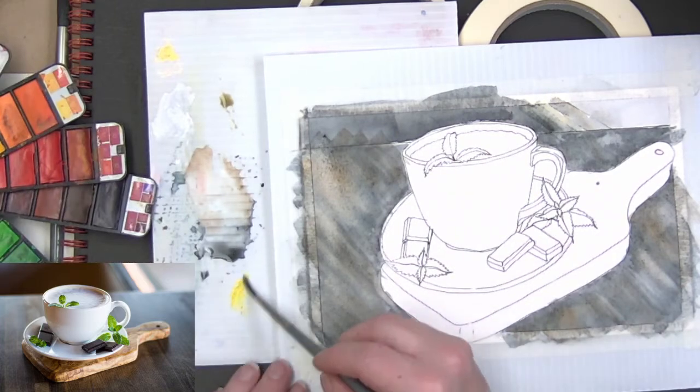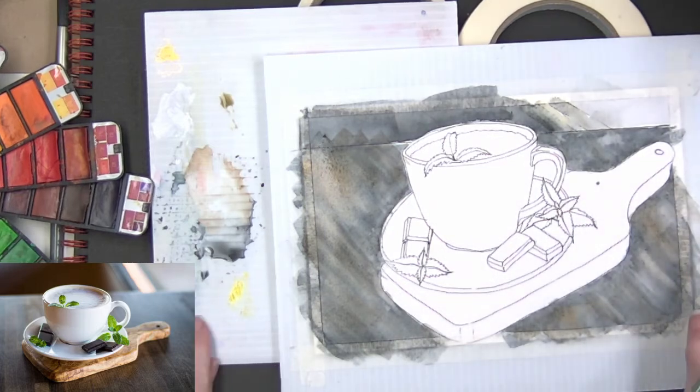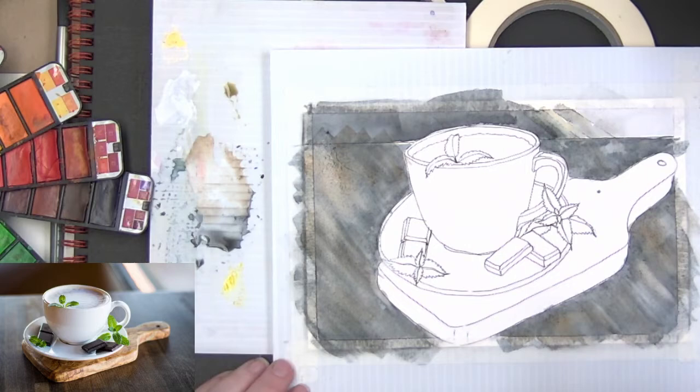It's a bright yellow. Possibly not something you would expect. I love that